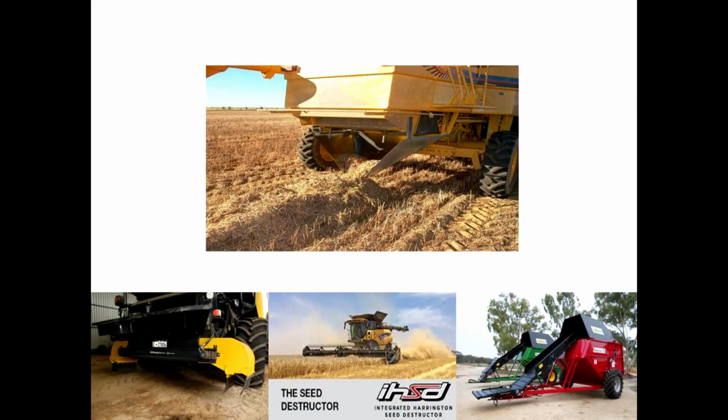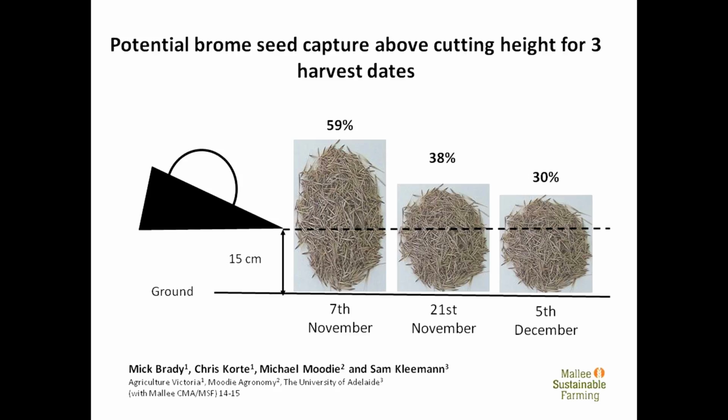So let's look at some of the harvest weed seed control methods that you're all familiar with. Some of them not necessarily widespread yet, but certainly narrow windrow burning is. And it was easy for some people to jump to the conclusion that we'd be getting similar rates of success for some of these weeds, but